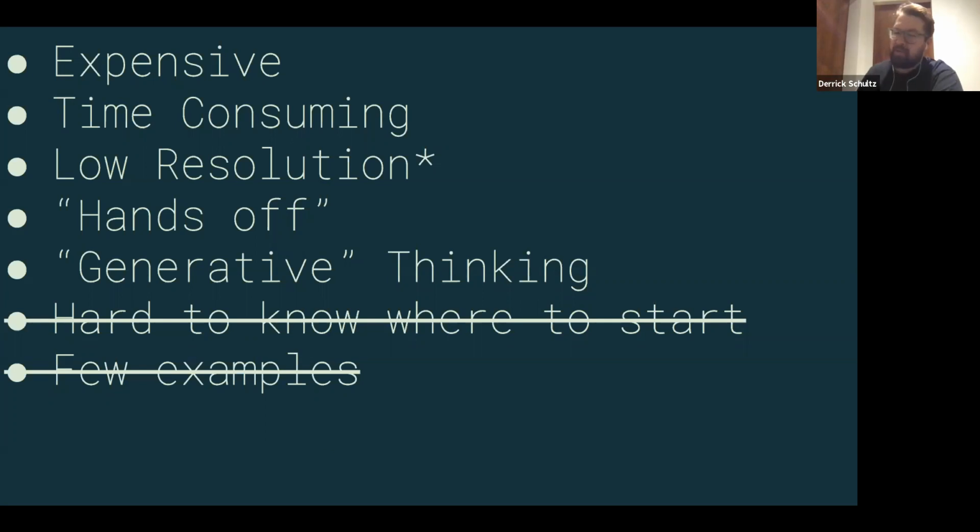And then the last two are things I often hear from people, which is it's hard to know where to start, and there's very few examples for me to build off of. The reason you're in this class is to fix both of those. So hopefully by the end of this class, you can cross off the last one, and then after the end of the 4 weeks, you can cross off that second one. So hopefully we'll get there. I want to stop here before I jump into all the inspiration and see if there are any questions.